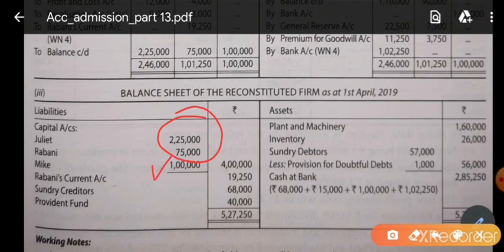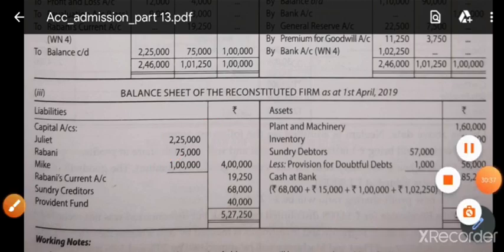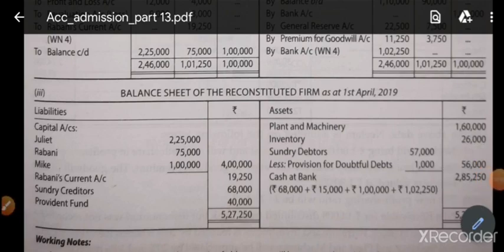So I hope this explanation is clear to all the students. The working notes are clear to all the students. In case some doubt is there, you can message me on Google Classroom. So today do these two illustrations, and I will also tell you what other illustrations you can see in the book and what questions you have to do.